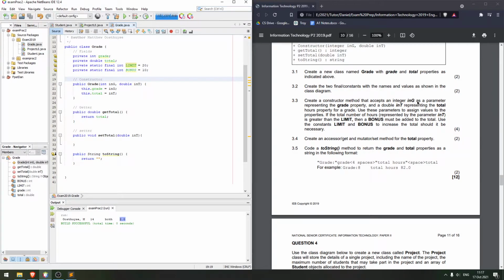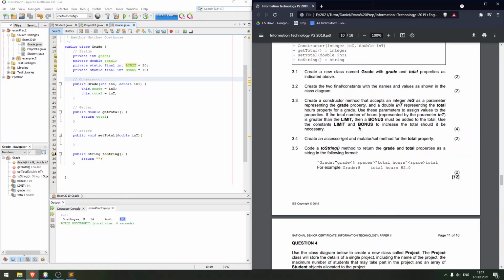Cool. Constructor has as parameters the grade property and a double representing the total hours property for a grade. To assign values, if the total number of hours is greater than the limit, then bonus must be added to the total. Use the constants limit and bonus to increase the total